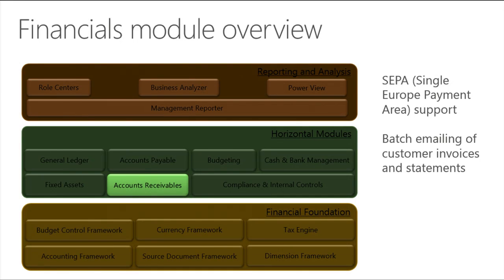What we found as part of the implementation is that this varies by country, so it's configurable within the system. Then we talked a little bit about the batch emailing capabilities. The batch emailing is actually for any document that print management supports, such as your customer statements, your invoices, and so forth. Any of those documents that you typically would print in batch, you can now send out by email using all of your existing contacts.